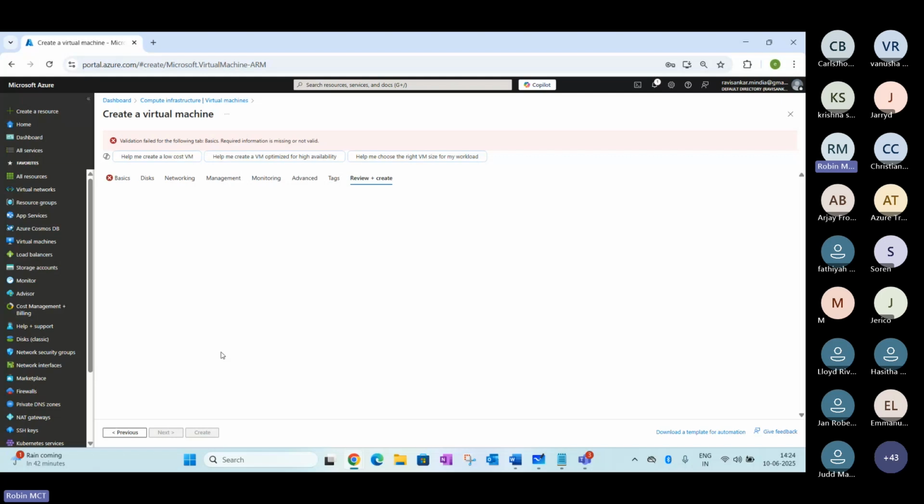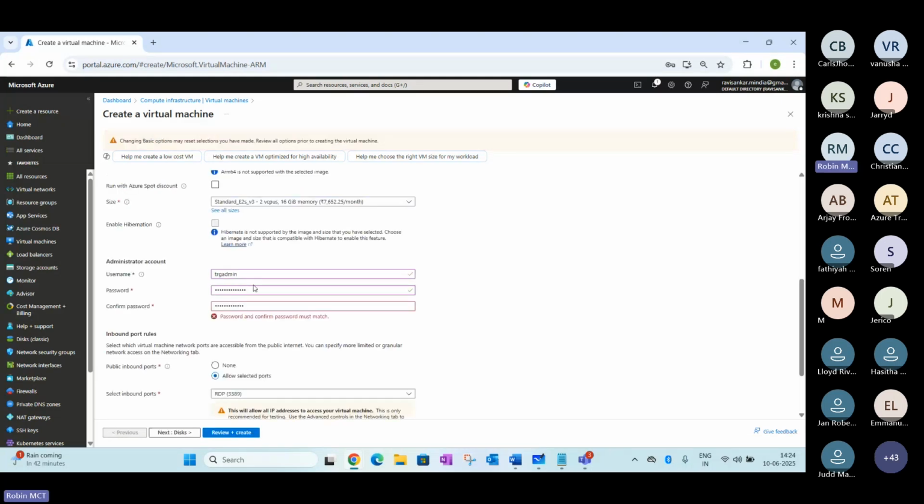Validation got an error message here. Same password issue. So, review and create.